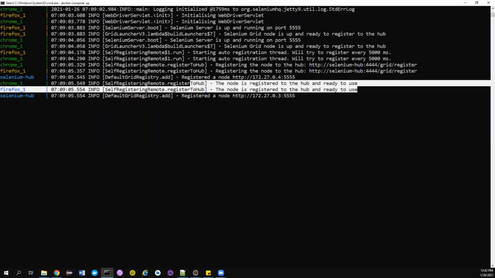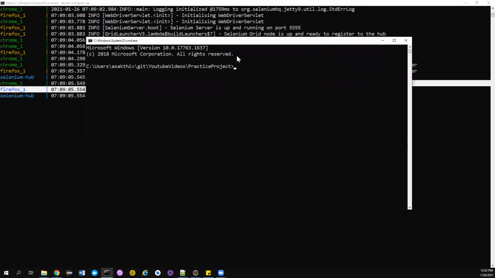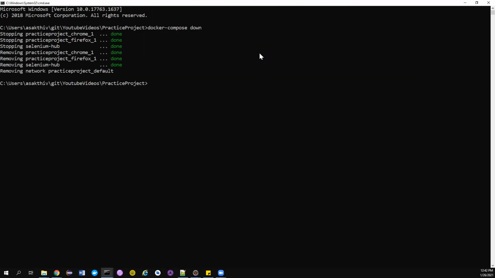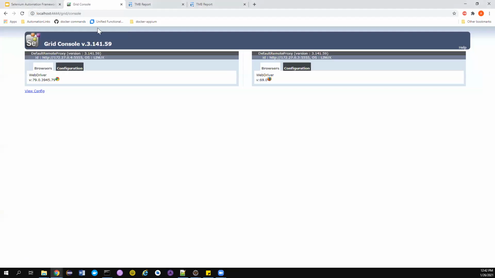Then just go back to the place. Since this went to a listening mode, I'll go to this particular location, and then again I'll type docker-compose down. That's it. With just one single command for spinning up your whole instances, and another command for spinning down all your instances, it is very easy now. So now everything is done. The whole setup is now depleted.